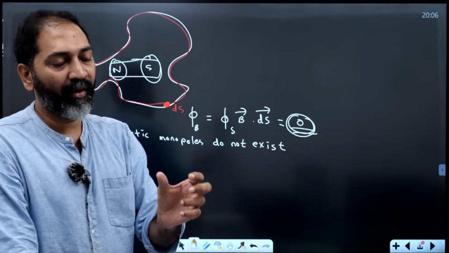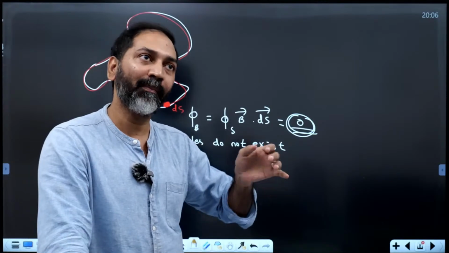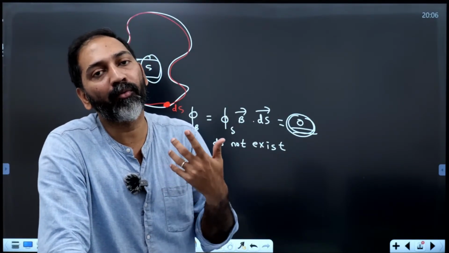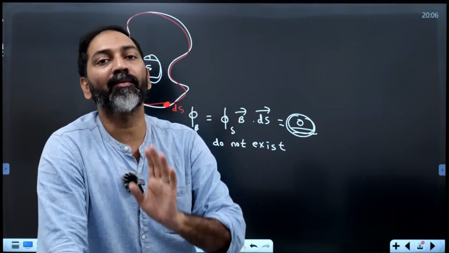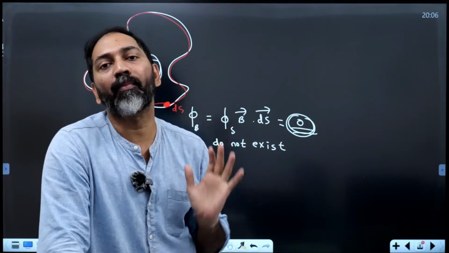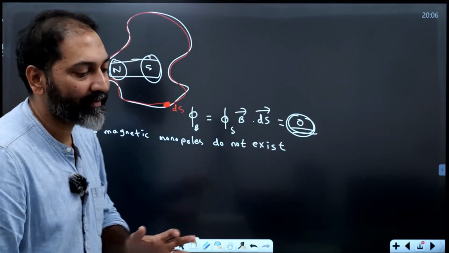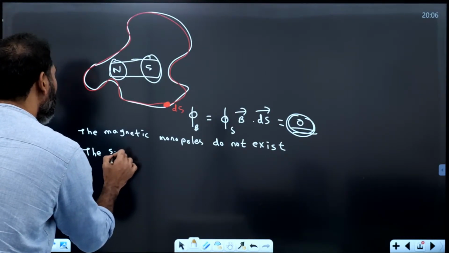So, if you have a bar magnet and you put that bar magnet into a mixie, and the mixie cuts the bar magnet into maybe 1000 parts, then each part has a north pole and a south pole. You cannot get a single monopole. Mono means single. You won't get a single pole. So, the simplest element of